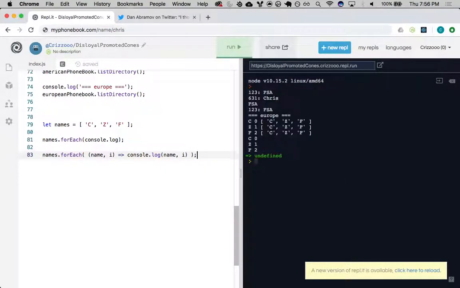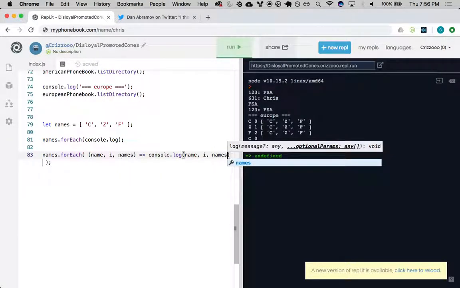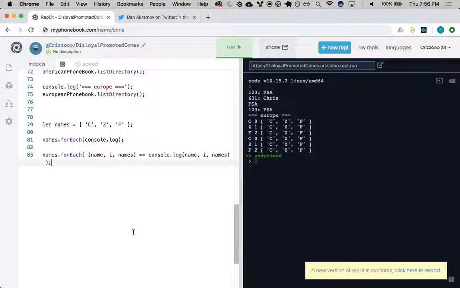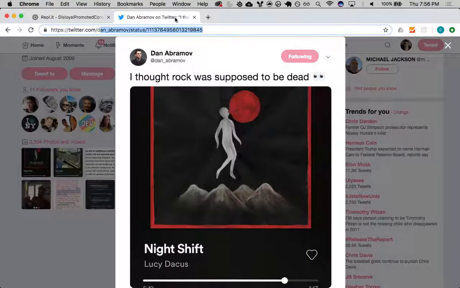I could take in the name and index if I want to. And optionally, I could take in the whole array as well. And so now there really is no difference between these two lines of code. This one automatically took all of the arguments, and this one I specified which to take. So before we get to that,